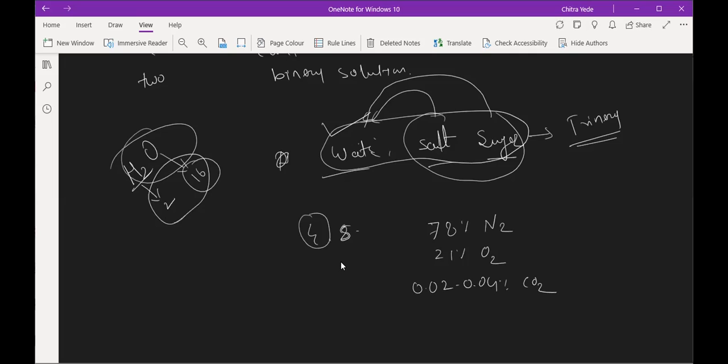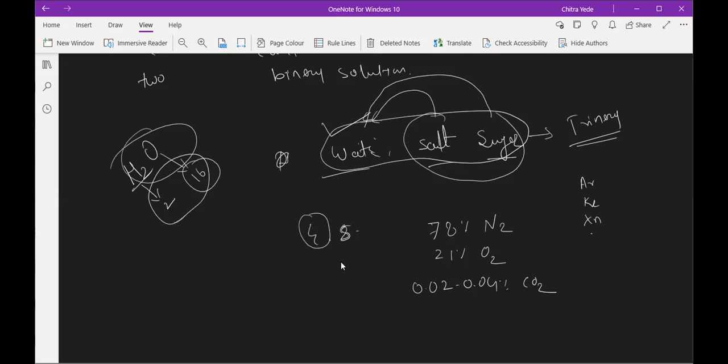In other gases we have argon, krypton, xenon, dust particles, water vapors, spores, chlorine gas, sulfur dioxide gas, many different gases. And how can we tell, sir, that all these gases are present in the same phase?